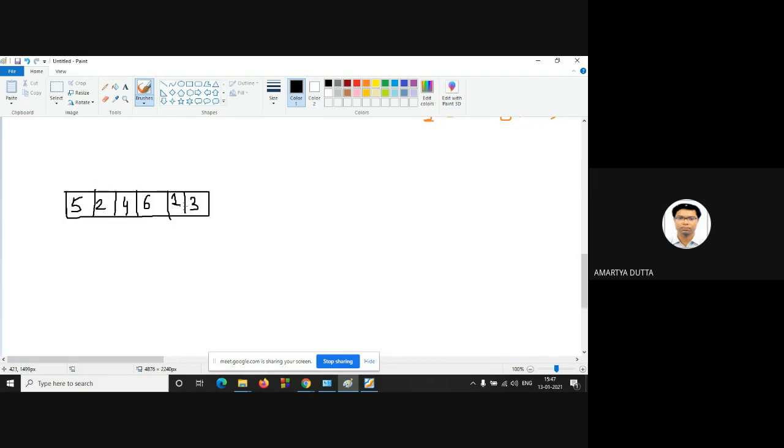You have to sort this array using insertion sort.